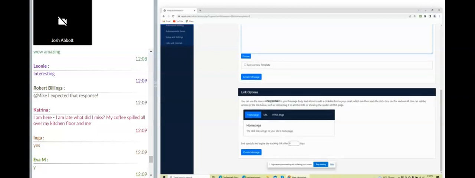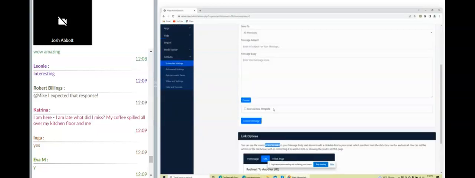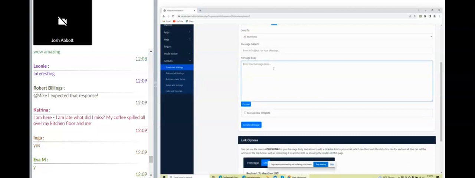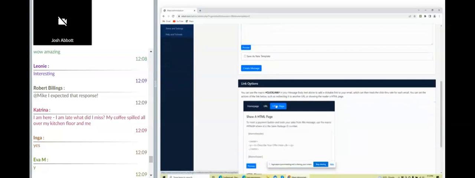So if you do want to have a click link macro, if you want it to redirect to another site, you can just click URL. And then let's say you wanted to send out an email for Traffic Splash, and you could put in your Traffic Splash username and then just use this macro in your email just like before. You could say, click here, and you would obviously put more than this in the email, but this is just showing you how the link works. So you just have the link up here, and then you can also do an HTML page